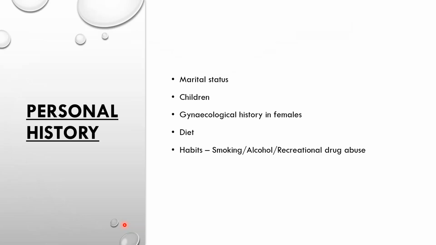Then regarding personal history, the marital status of the person, the number of children the patient has. If there is a similar presentation in their children, you can ask, but that majorly becomes a part of the next topic, family history. Then in females, it is very, very important that you ask them for their gynecological history because when you prescribe drugs, you cannot prescribe certain scheduled drugs to females who are either pregnant or lactating, right? And you should ask for the dietary history because all of us know that consuming beef and pork could predispose you to neurocysticercosis, which could present in the eye as ocular cysticercosis, right?